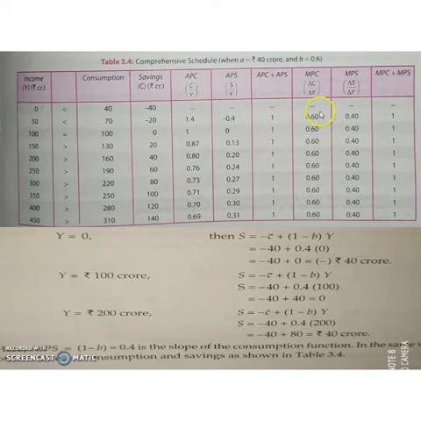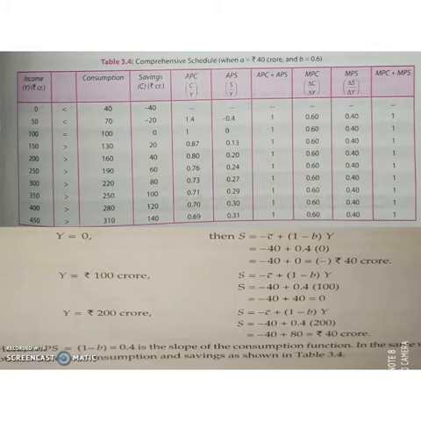Then in the linear consumption function and linear saving function, MPC and MPS are constant throughout. Then it is the slope of consumption curve and saving curve. At the same time, MPC plus MPS is equal to 1. So here MPS is equal to 1 minus B, MPC is equal to B. Okay, these are the slope of consumption and saving function.